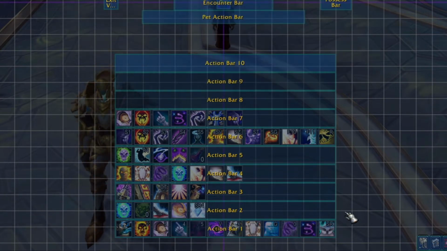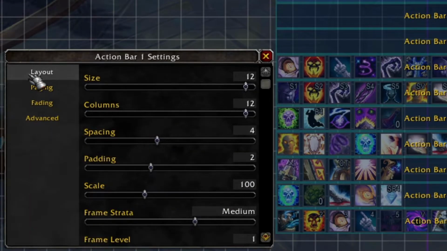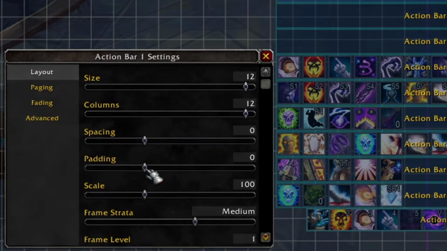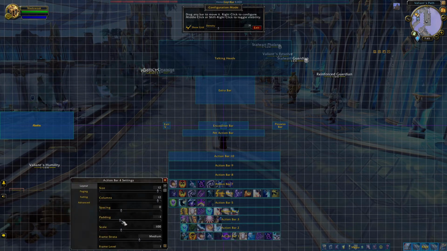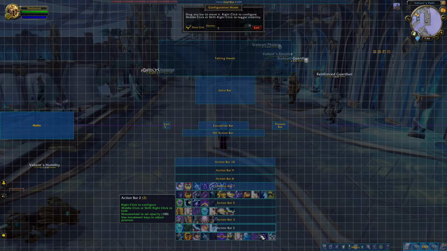To dive into more settings for your bars, you just need to right click the one you want to change. You can then use the layout options to change things like the number of icons and the spacing. So I usually set the spacing and padding to 0. If you're coming from the default action bars, you can reposition bars 1, 5, and 6 to match your original